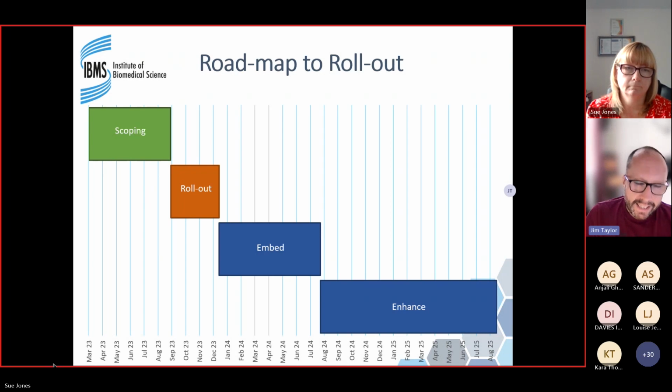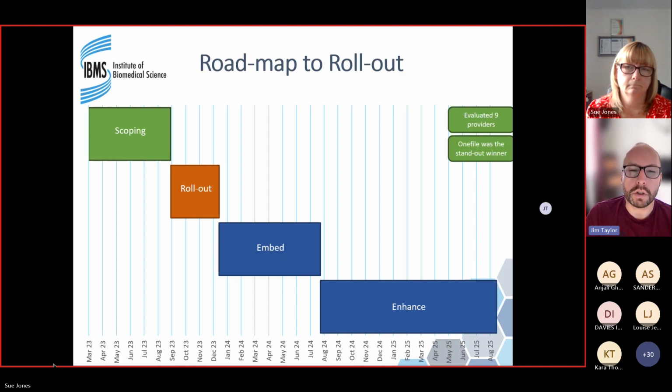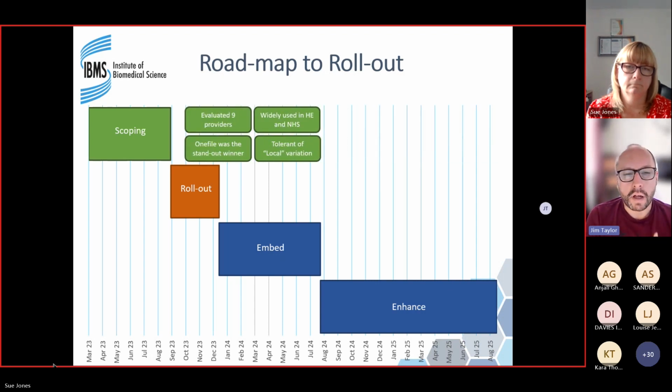What we've done to date is we've had an initial scoping exercise where we consulted with a whole range of different providers that offer portfolio solutions. We evaluated in high levels of detail 9 different providers against a range of different criteria. Some of those criteria I've shown here, and the most important criteria were that the provider would need to be